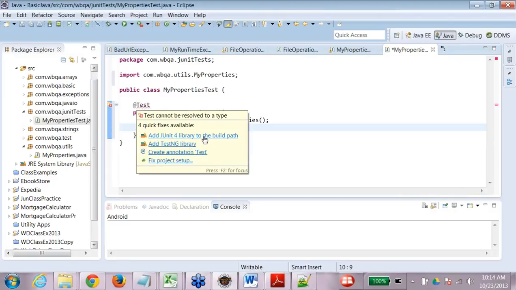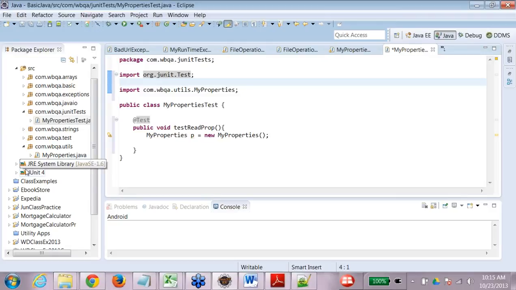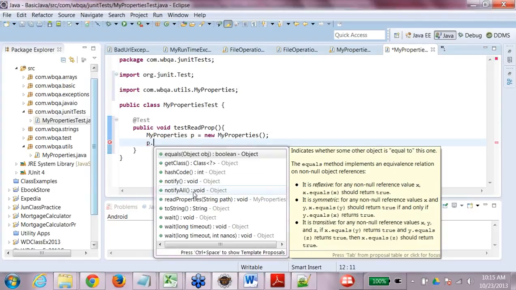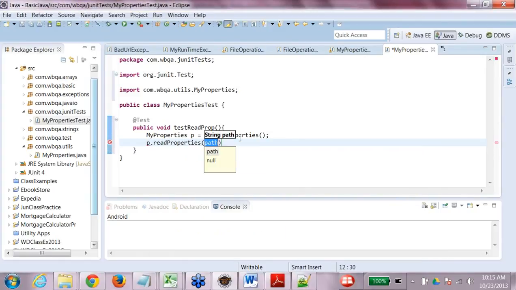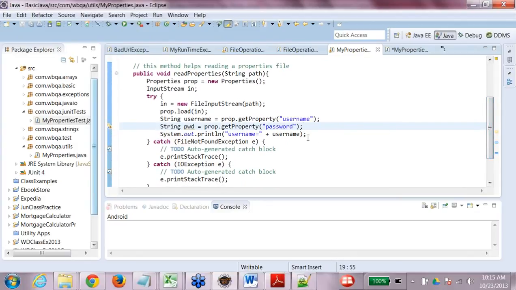First I need to add the JUnit 4 library to the build path, and automatically this annotation will be taken care of. If you see this, org.junit.Test has been imported, and this library has been added to my project. Then I would be calling here p.readProperties, and let's say I'm returning here something. Once it is going to print it,